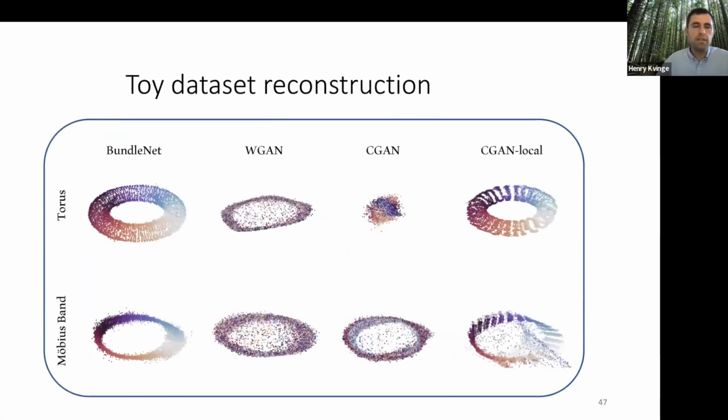We tried this on some toy examples that were fiber bundles. BundleNet, which is the name of our model here on the left, you can see it reconstructs the torus and the Mobius band quite nicely. These other models that we tried that weren't exactly designed to do this thing, but one might speculate could, didn't do so well, as you can see from the reconstructions. Since this graphic was created, we tested a model called conditional normalizing flow, which did a bit better. So there are things that are better than these three that we pictured here.